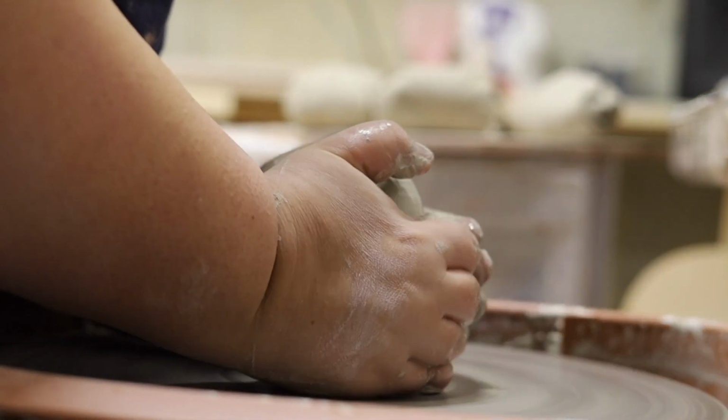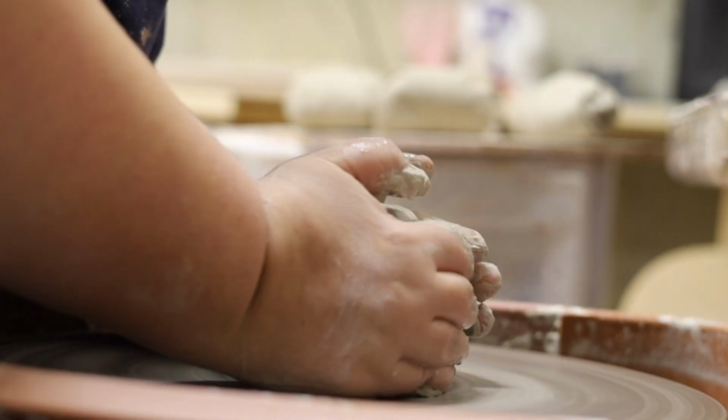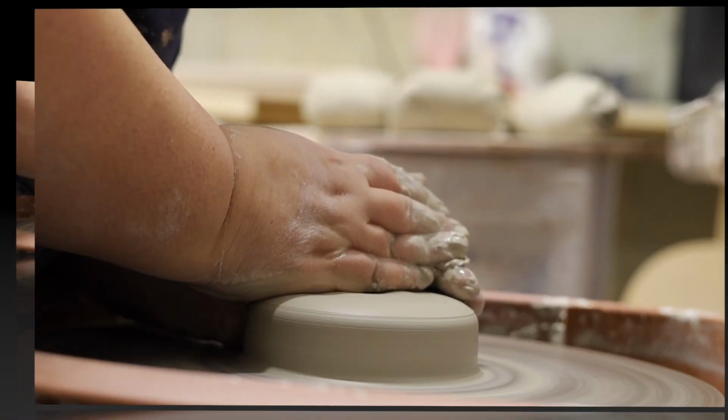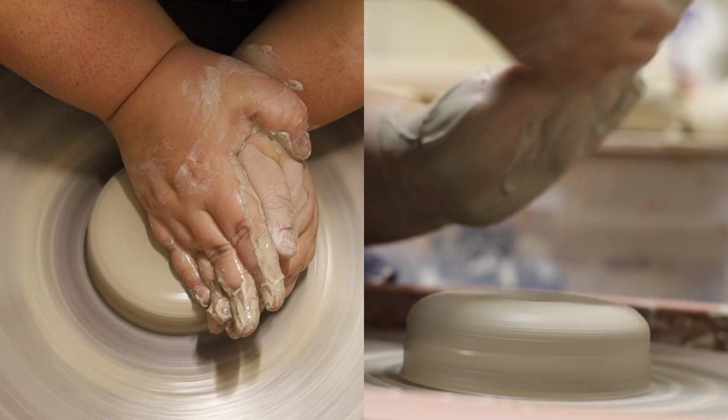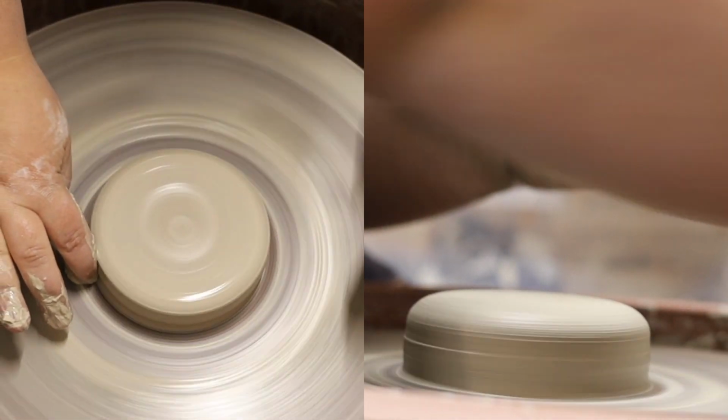Let's try it again. Okay? So cone up, cone down, push. Use my hand like a karate chop. Here's two different views. I do wipe the excess clay off the end, or around the bottom of that clay